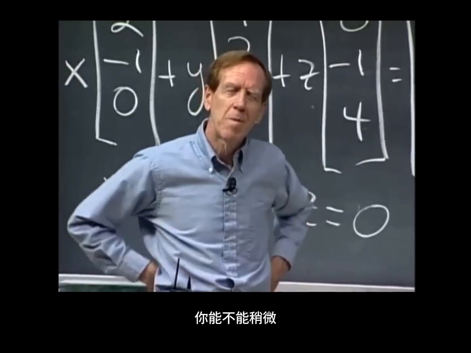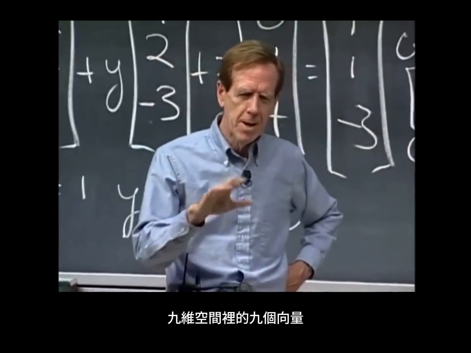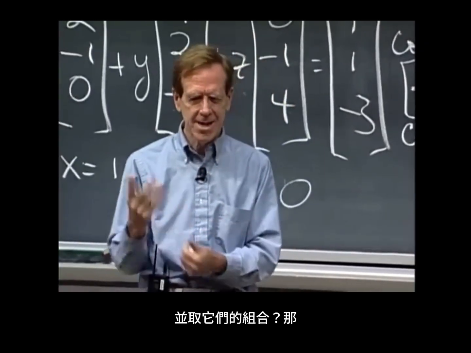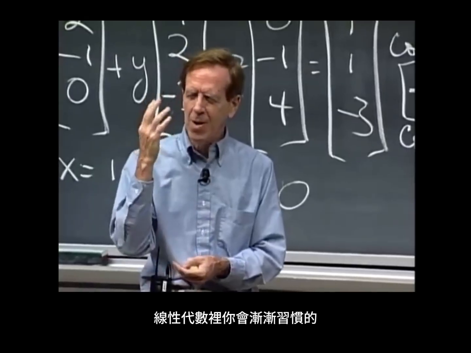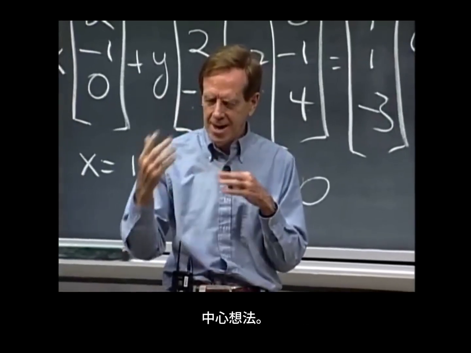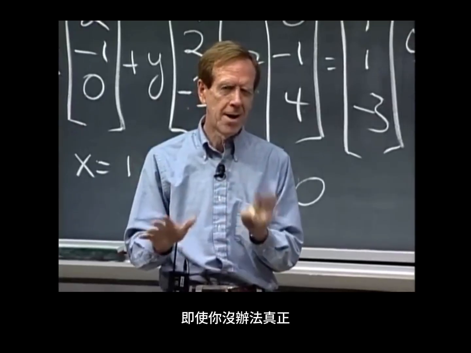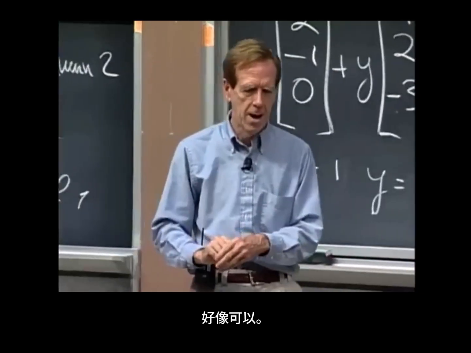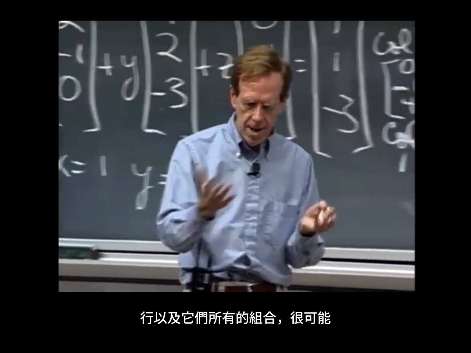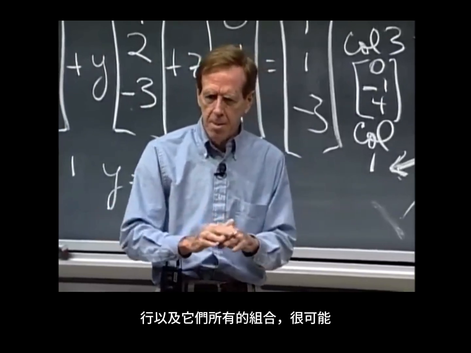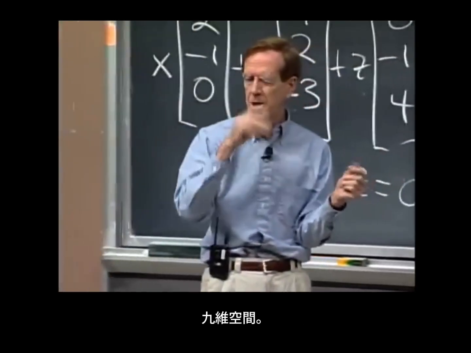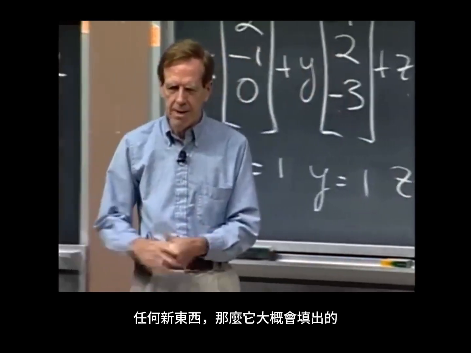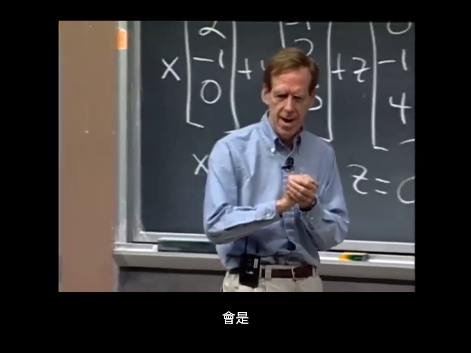Can you sort of think about 9 vectors in 9-dimensional space and take their combinations? That's really the central thought that you get kind of used to in linear algebra, even though you can't really visualize it, you sort of think you can after a while. Those 9 columns and all their combinations may very well fill out the whole 9-dimensional space. But if the 9th column happened to be the same as the 8th column and gave nothing new, then probably what it would fill out would be,